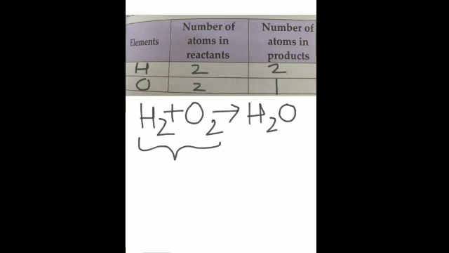Is it clear? It is called an unbalanced chemical equation or skeletal equation, where the number of atoms of the reactants and products are not equal. Is that clear? So what do we do? We balance it. And how do we balance it? We will learn today. And what is the need to balance it?